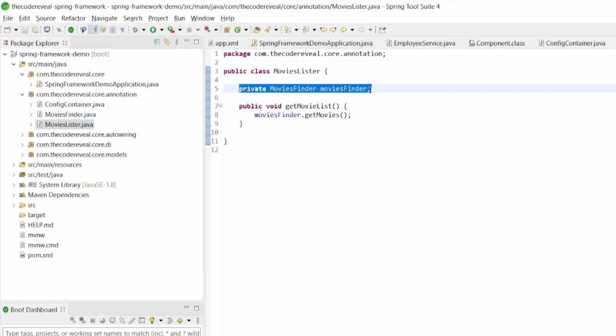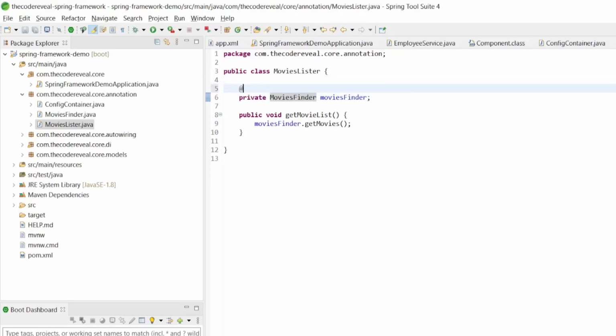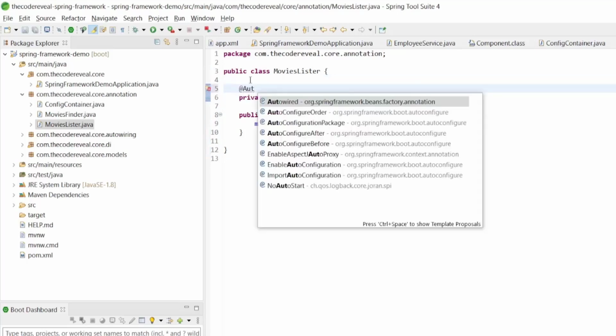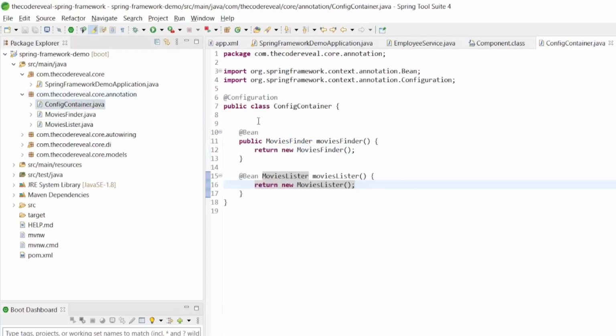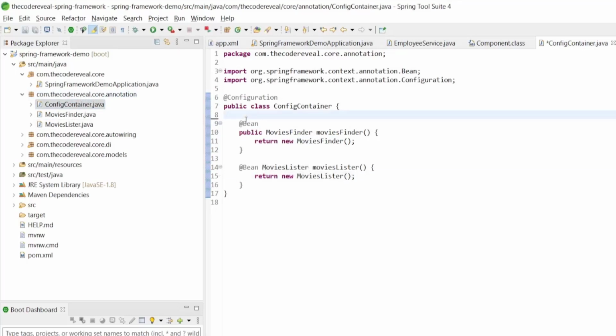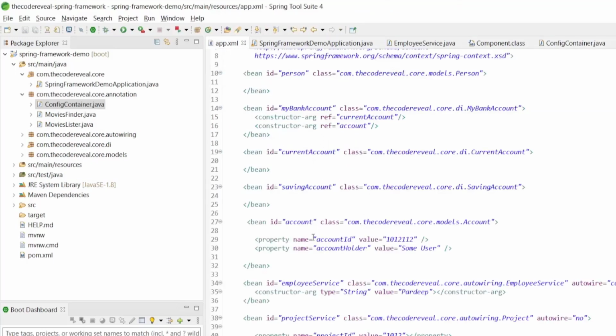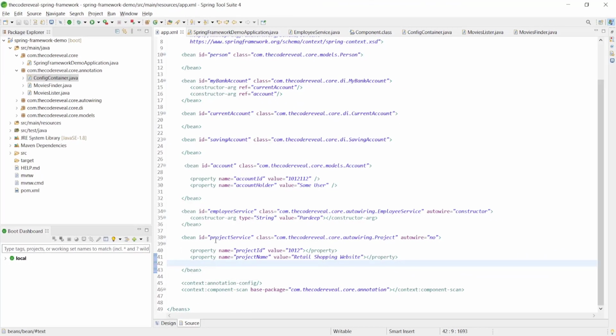Now this is a dependency object. So this is the dependency. Let's annotate this as an autowired. Once we do the autowired, it will look up the dependency in the IOC container, and it will inject that dependency in this bean. In the config container we have created different beans here, and we are not adding any bean definition in the app.xml file.